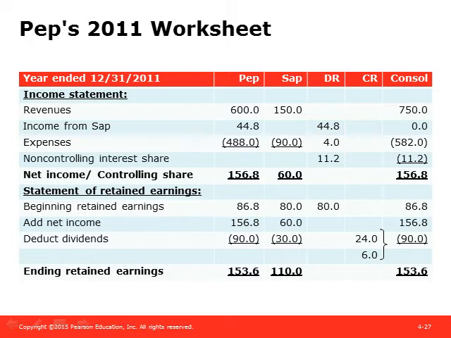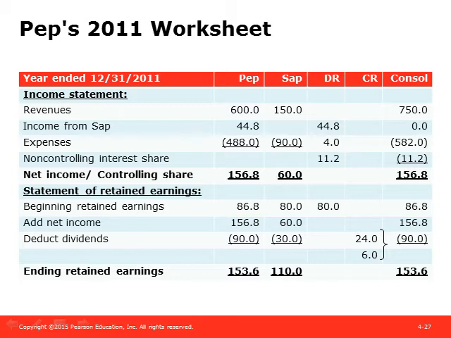And so this is similar to what we saw earlier with respect to PEP's 2011 worksheet balances. You recall, for the year ended 12/31/2011, we had the revenues, income from SAP, which was eliminated. We have expenses which were adjusted. We also would take into account the non-controlling interest share to get us to net income for the controlling owner of $156.8K. Then we had our statement of retained earnings, where we eliminated SAP's portion of the combined retained earnings